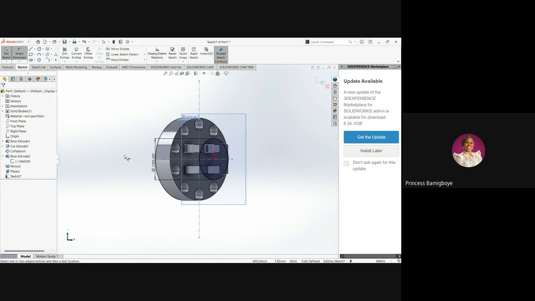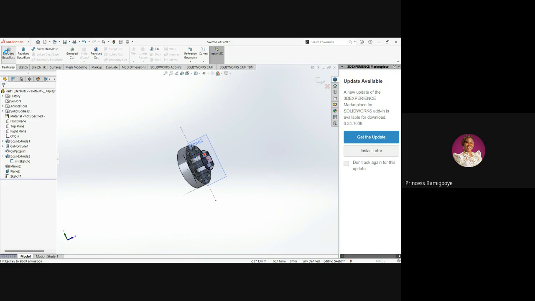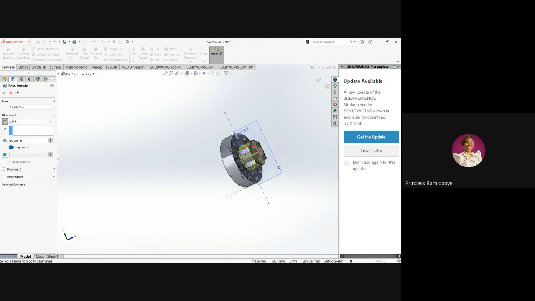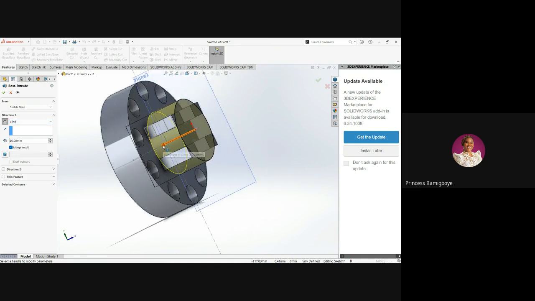Okay, so we want to extrude this. So let's say I want it to go the other way. At the same time, I can set where I want this to end. I might want it to go through all of this model. I might want this to extrude to the next surface, which is this surface here. I might want it to extrude to the surface, which if I click on this surface, it will extrude to